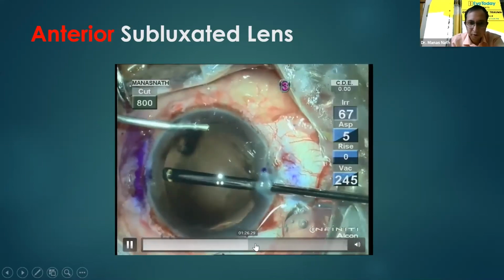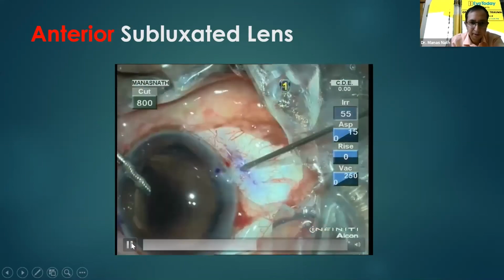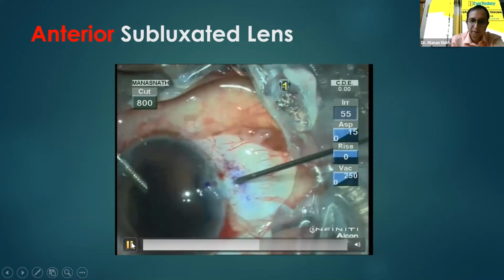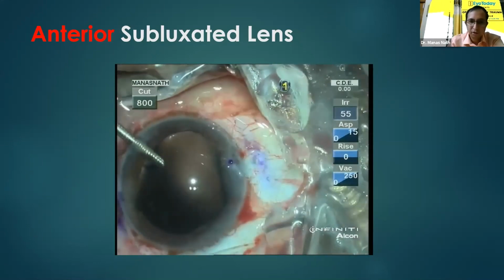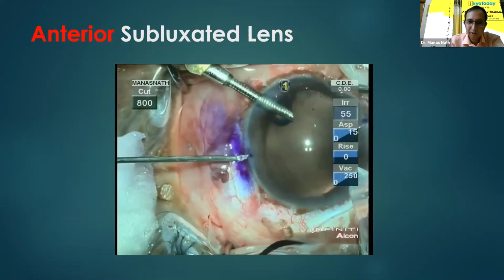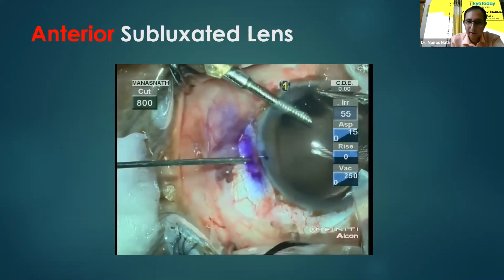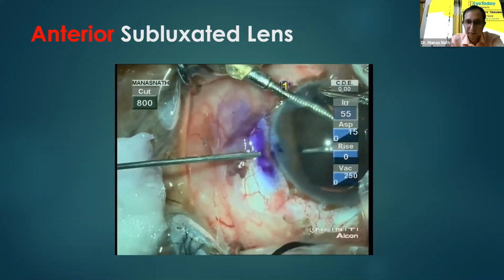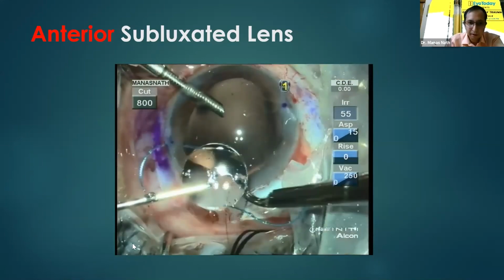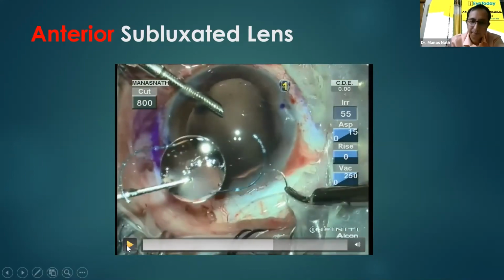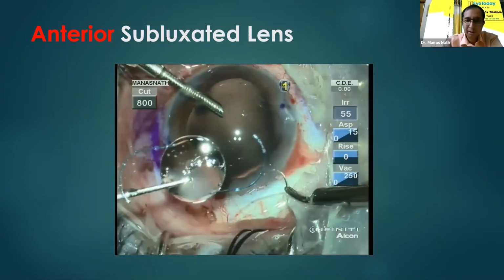So next, vitrectomy is being done, AC maintainer is being added. Now what I'm doing is, I've made a sclerotomy with a 24 gauge needle on both the sides, exactly opposite to each other, directing it towards the center of the vitreous. And here, I've taken a 3-piece rigid lens and I have passed a 9-0 nylon suture through a dialing hole of the IOL.